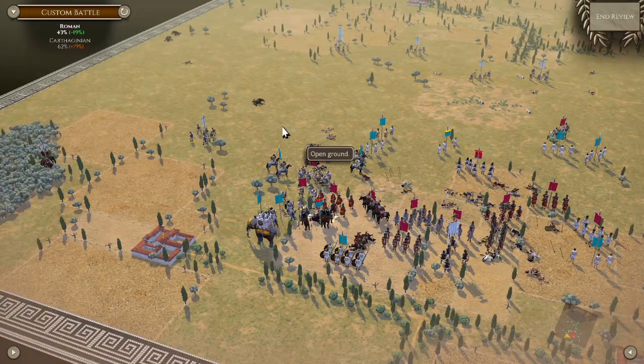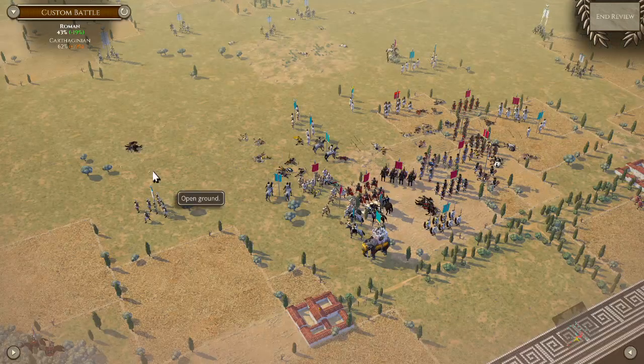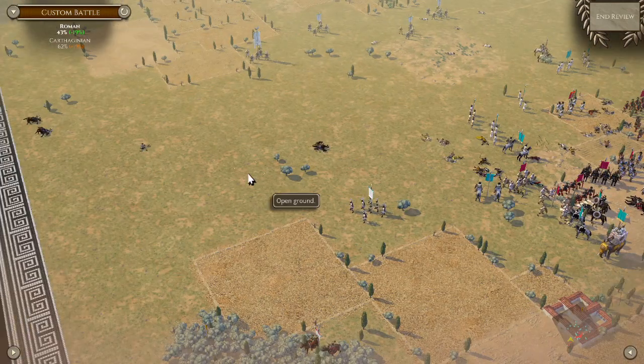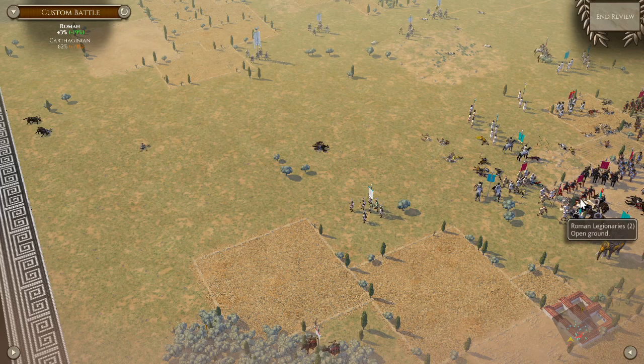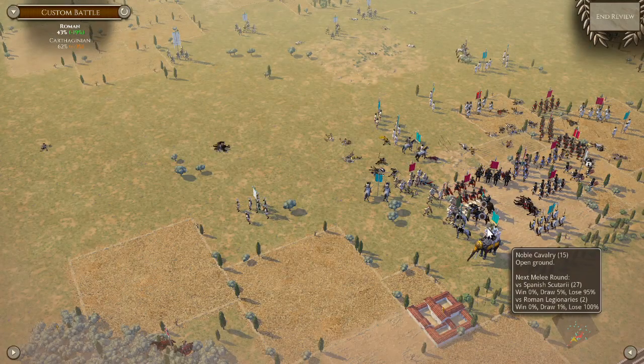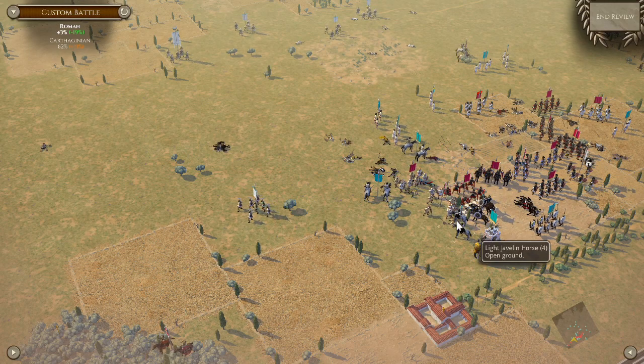Now that could still have gone his way had he managed to use his cavalry. Instead of bringing them back into the battle like this, what he could maybe have managed to do if he hadn't been pinned against the wall like this was use the cavalry to keep my legionaries occupied. But then, on the other hand, I'm also aware of the fact that if he could have evaded my cavalry